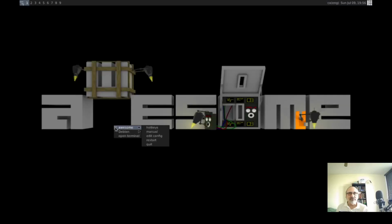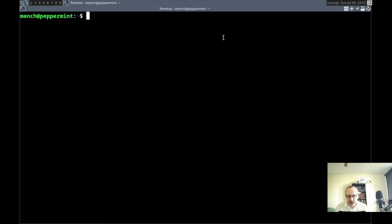So what I'm going to do is open a terminal. So now I've opened up a terminal and I'm going to download my GitLab repository. I'm going to do git clone https://gitlab.com/artibus1/mensch.git. Now, if this is too hard for you to remember, or you don't feel like typing it out, you